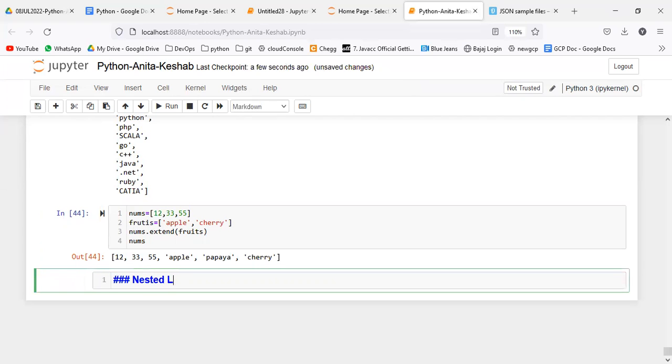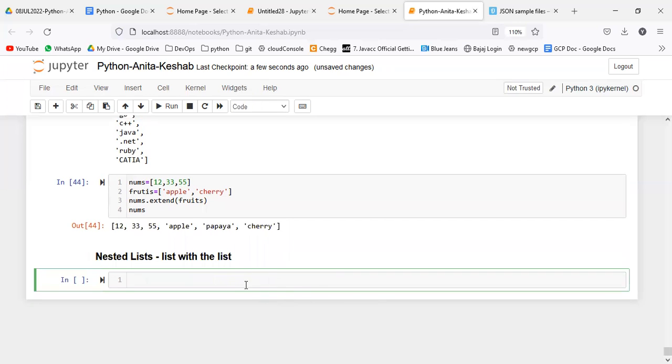Nested lists. What does that mean? A list within a list. Example, let's take the same list and I will give you another name here. data9 is equal to, I have this list and then I have another list here